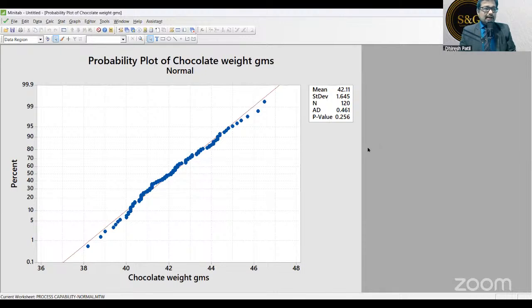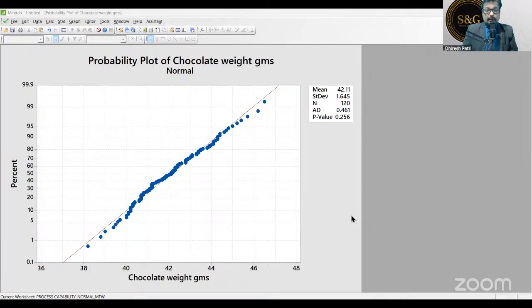Okay, fantastic, Girish, thank you very much. Okay, now this is a normal data. Now this is ready for the process capability analysis. But what if, okay, but what if we have, very good, what if we have,